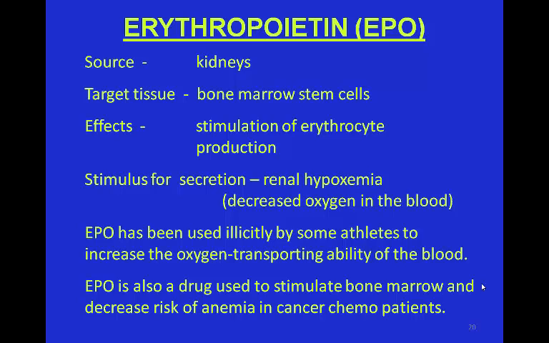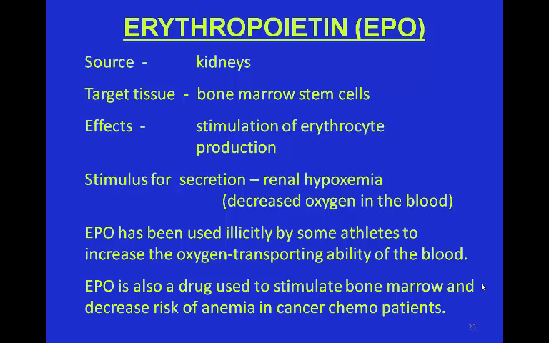When the kidneys fail, that doesn't mean that it's only an effect on the urination, but kidney failure causes other problems in the kidneys as well, including decreasing or even stopping erythropoietin secretion. So let's look and see what erythropoietin does, and we'll come back to that. The source, of course, is the kidneys. The target tissue of EPO is the bone marrow stem cells, particularly the cells that produce red blood cells. So EPO's effect is that it stimulates erythrocyte production, or red blood cell production.